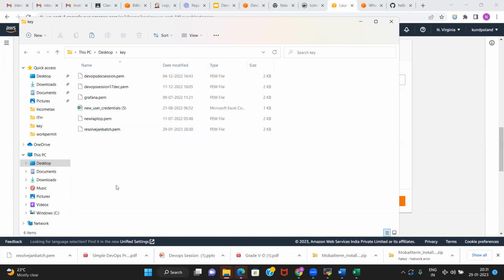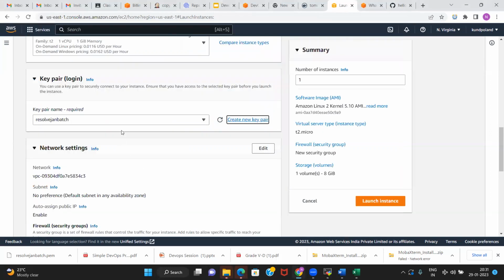You need to know the name too, because if I am using multiple keys, I should know which one is which. I cannot use any other key, only the key that I have created and associated with that EC2 instance. That's why the key pair is important.